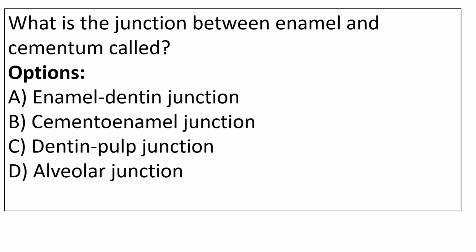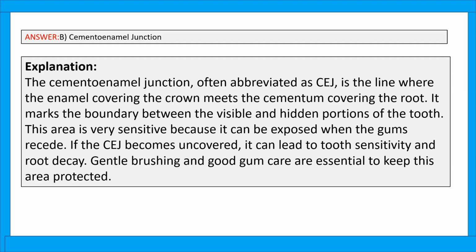What is the junction between enamel and cementum called? Options: A, enamel dentin junction. Option B, cemento enamel junction. Option C, dentin bulb junction. Option D, alveolar junction. The right answer is option B, cemento enamel junction. The cemento enamel junction, often abbreviated as CEJ, is the line where the enamel covering the crown meets the cementum